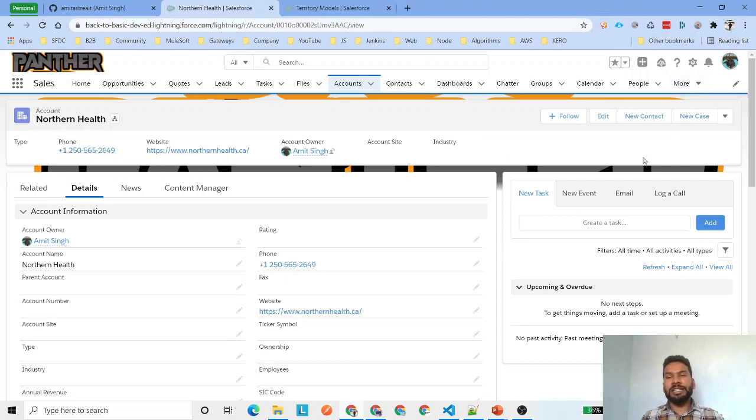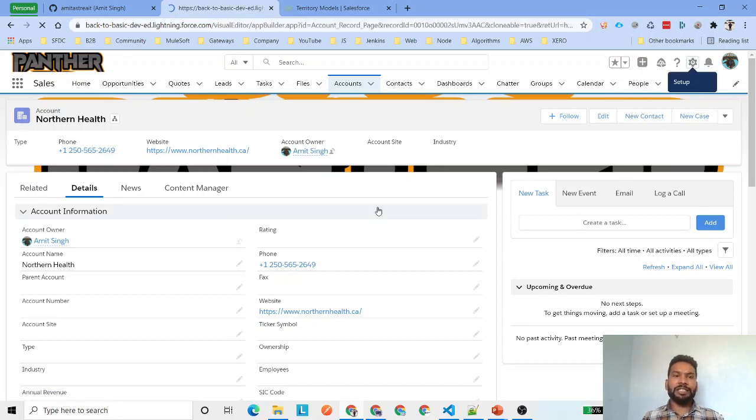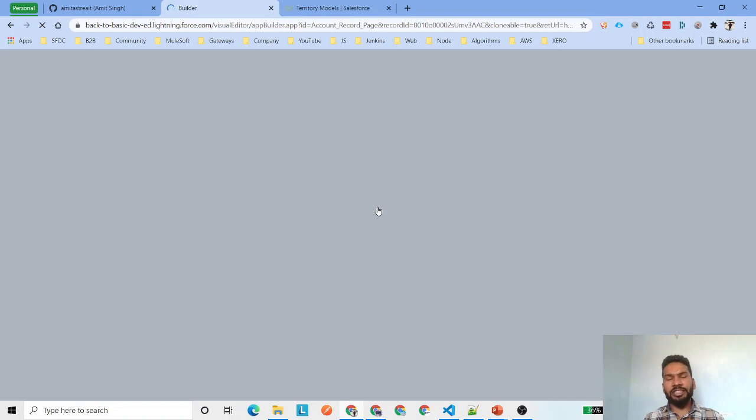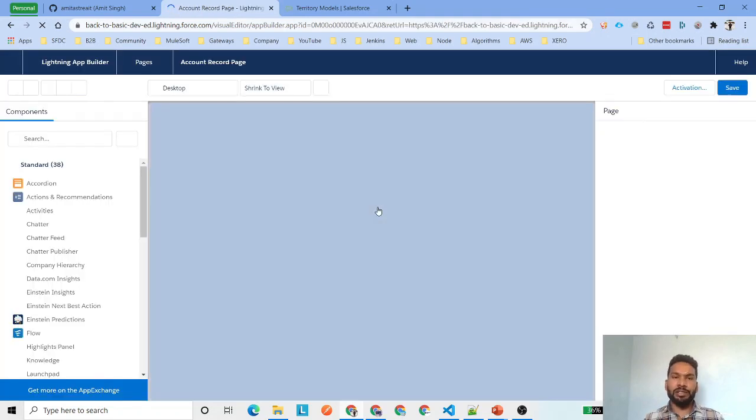That is why it is not working. So if we go to edit this page, we need to find out which account page layout we are using. Once we find that account page layout, under the properties section there is one checkbox we need to enable, and then we will be able to assign these accounts to the territories.